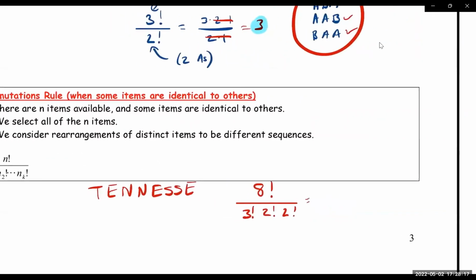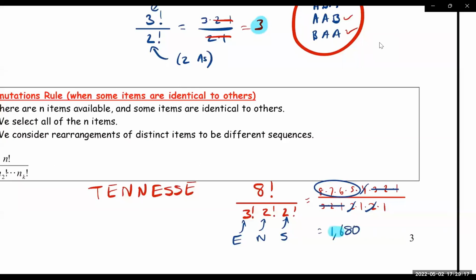So you can just write them all out: 3, 2, 1, 2, 1, 2, 1. This is for the letter E, this is for the letter N, and this is for the letter S. All right, so cancel out 3, 2, 1, 3, 2, 1. And then you have 2 times 2 is 4, right? So 2 and 2 cancel out with 4. And so your final answer is just going to be 8 times 7 times 6 times 5, which is